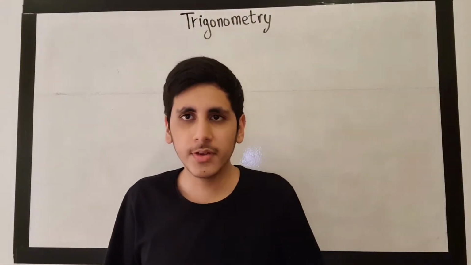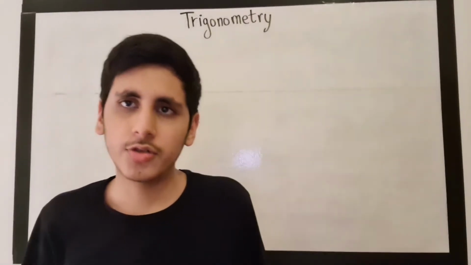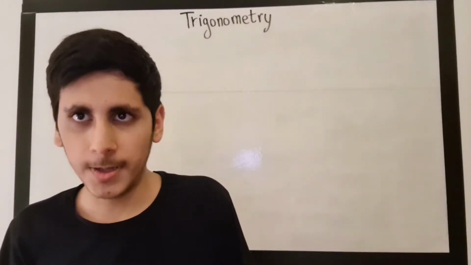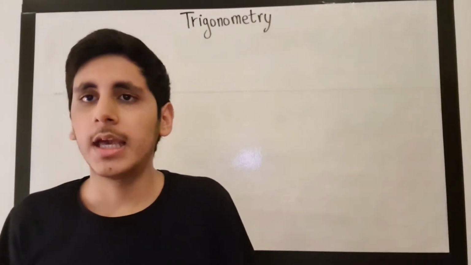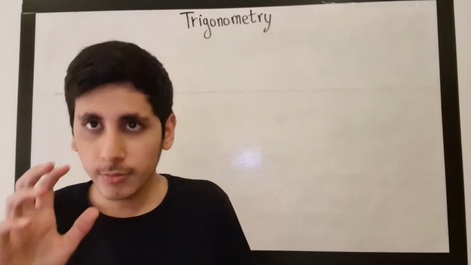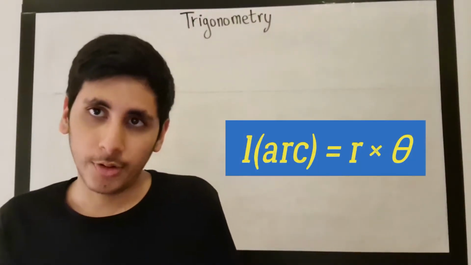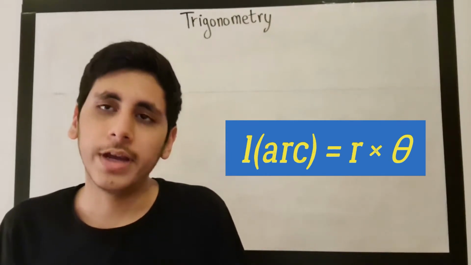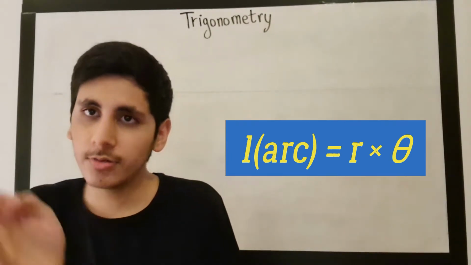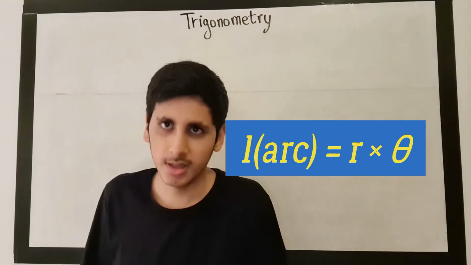Hi, in this video, I want to introduce you to the unit of measuring planar angles, okay? It's called radians. Hopefully, by the end of this video, I'll also try to prove the formula that the length of an arc between 2 points on the circumference of a circle equals the radius of that circle times the central angle subtended by those 2 points at the